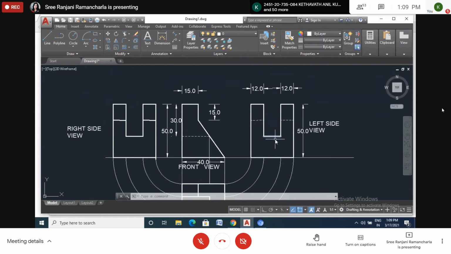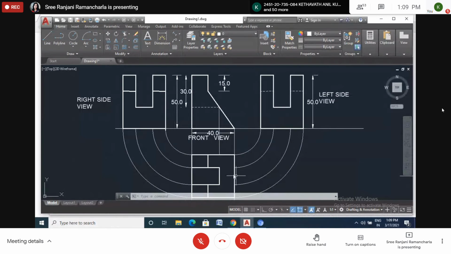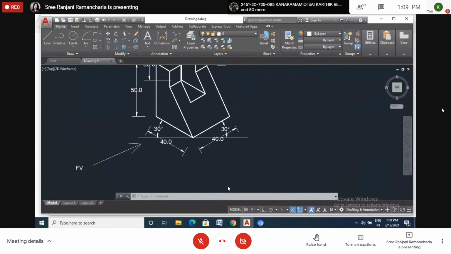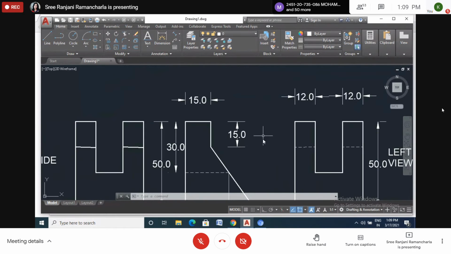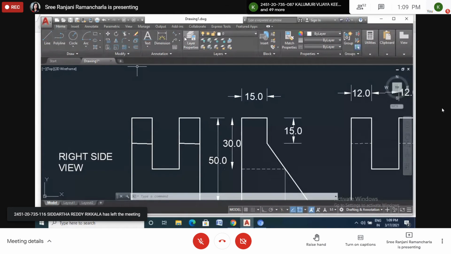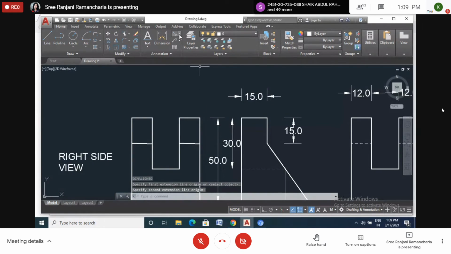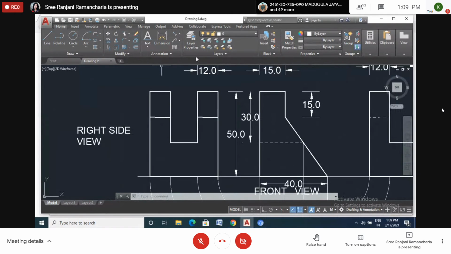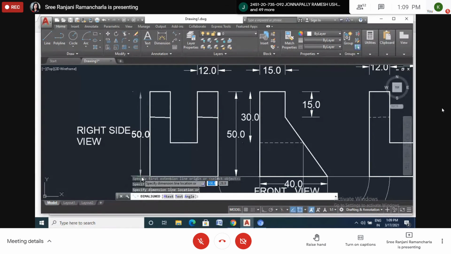No need of this one, because the projections are there. Anywhere it is not shown, but I will explain how to draw this one. And here also no need of showing this, but you can show it. Aligned can show any angle, but linear cannot show other angles.